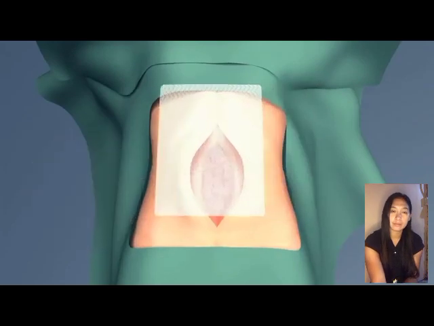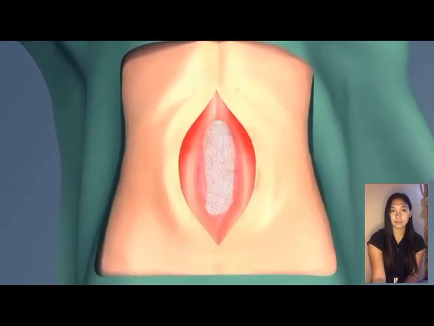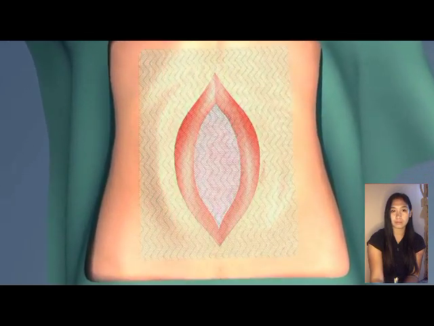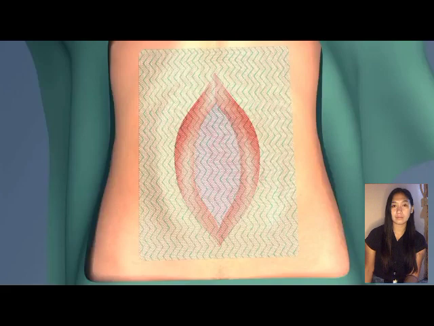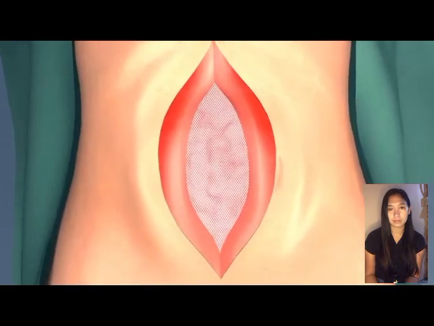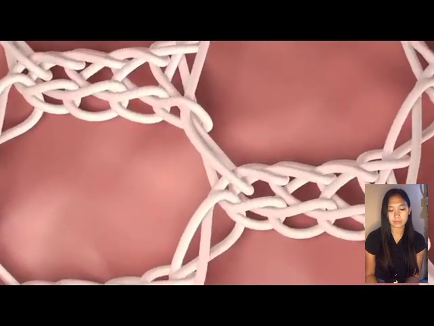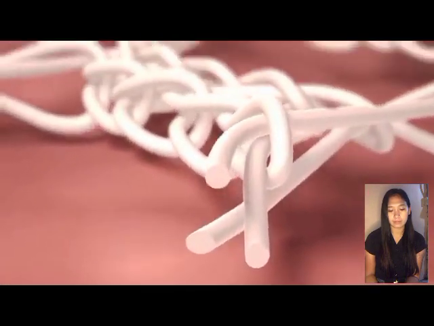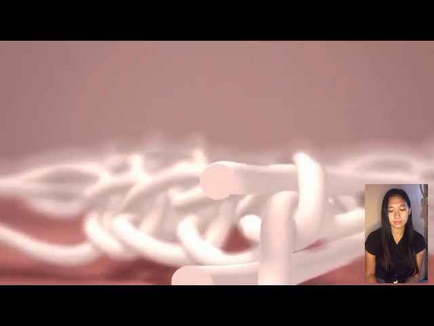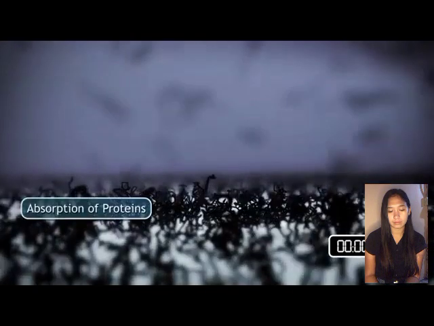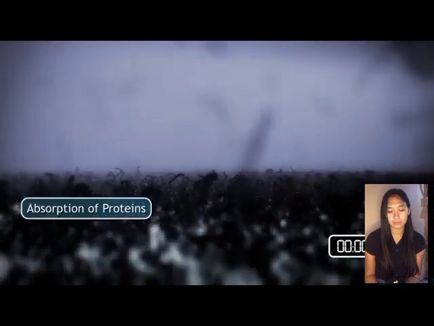Have you ever wondered what actually happens when you, the surgeon, implant a mesh? How does the tissue react to the polymer and the structure? Imagine you are stood on the surface of the mesh and can observe what happens here just a few milliseconds after the latter's implantation. Almost immediately after implantation of the mesh, autologous proteins such as albumin and fibrinogen are absorbed